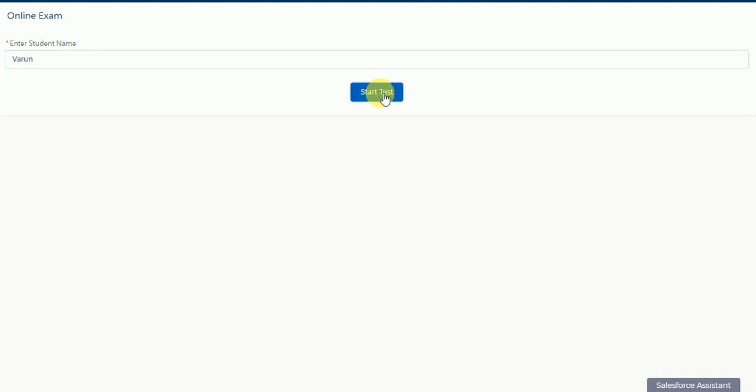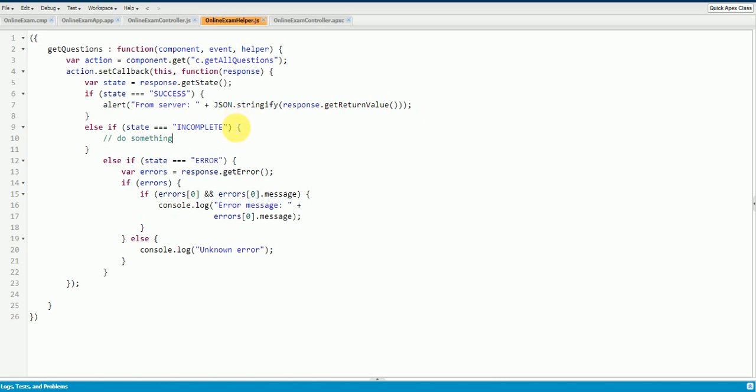I think we are not getting anything here. Let's debug our code here. So first we'll check if our helper function is calling or not. I'll just add an alert statement here itself.